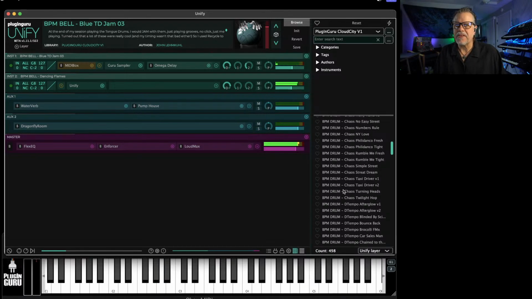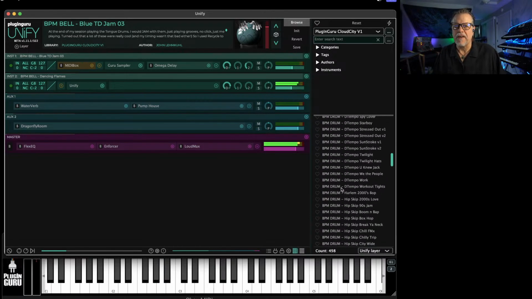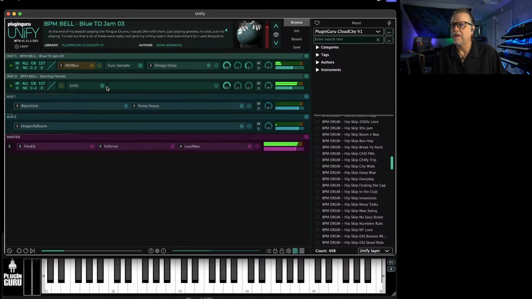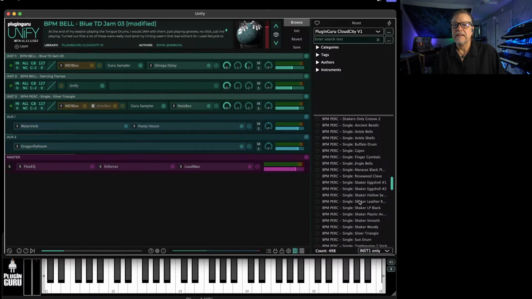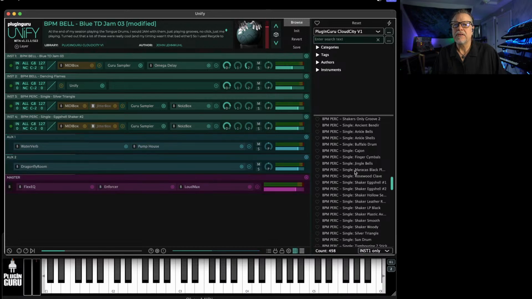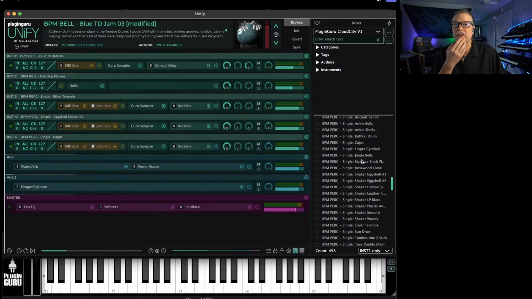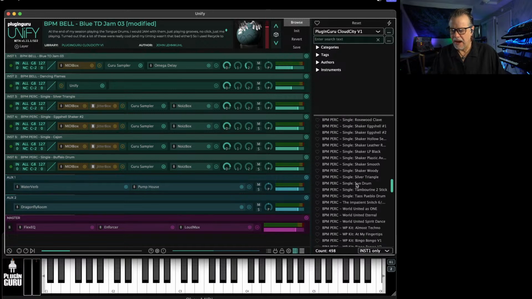And then on top of that, this library has an absolute boatload of world percussion. So if you come down here to the BPM perk, there's all these singles of claves. Let's just say instrument 1 only. Let's load up some triangles. Let's add a shaker. Let's add the cajon, sure, and the buffalo drum. So now, just by clicking a couple of patch buttons,